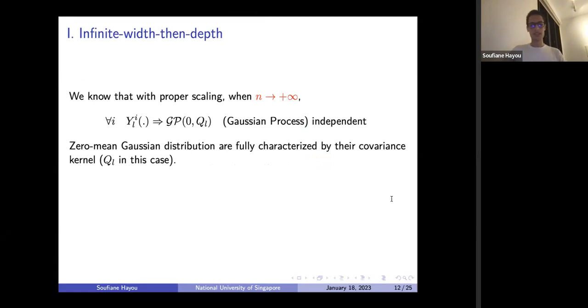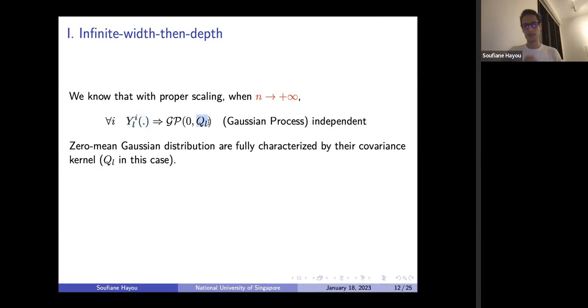From what I just said before, we know that if you take the width to infinity, because here we're interested in taking the width first to infinity, then taking the depth to infinity, these things, like the neurons or the pre-activations, converge to a Gaussian process, right? A Gaussian process, as I said, you can think of as a Gaussian vector, but infinite-dimensional. Now, the good thing is that zero-mean Gaussian distributions are fully characterized by their covariance kernel,